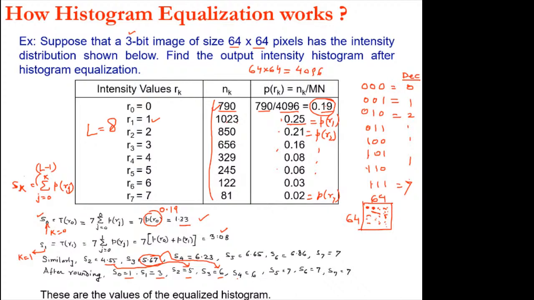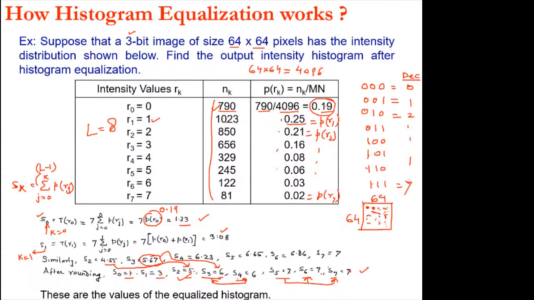So that way S0 equal to 1, ये तुम्हारे round off करने के बाद में ये S4, S5, ये सब आ गए up to S7। उसमें से for example S5, S6 and S7 they are same, तीनों की value 7 है। इसी तरह से S3 और S4 दोनों की value 6 है, and these were different, ये 1 है, ये 3 है, ये 5 है, ये दोनों 6 हैं, ये तीनों 7 हैं। So that means now you know that in the new image no pixel is occupying, let us say, intensity level 2। देखो S0 1 है, S1 3 है, इसका मतलब intensity level 2 that is not being occupied by any pixel। Similarly intensity level 4, no pixel is at intensity level 4, लेकिन intensity level 5 पे है पिक्सल, intensity level 6 पे पिक्सल है, intensity level 7 पे पिक्सल है,